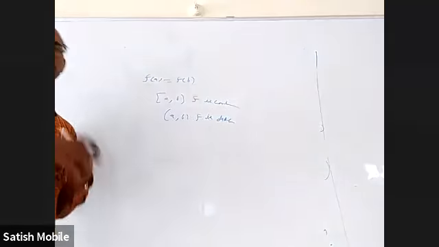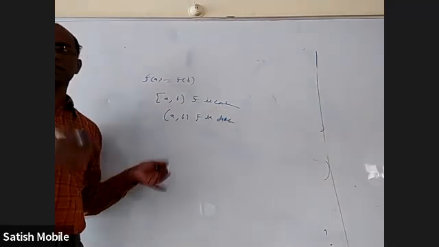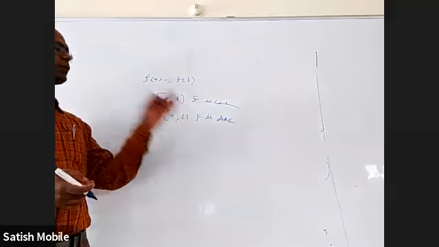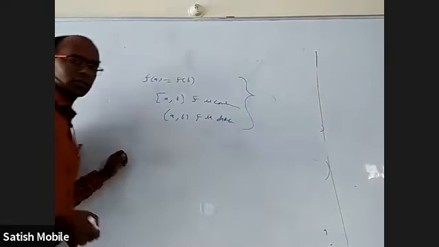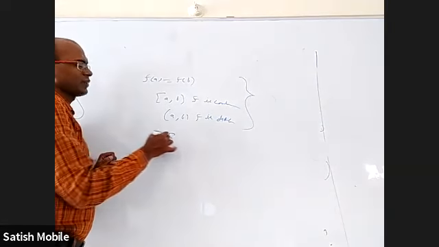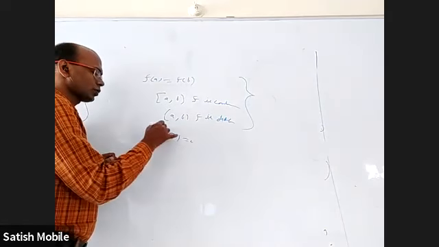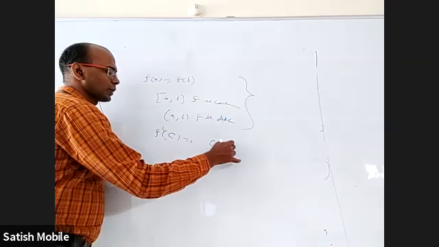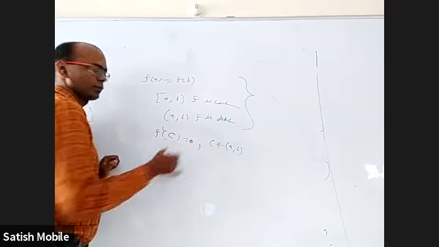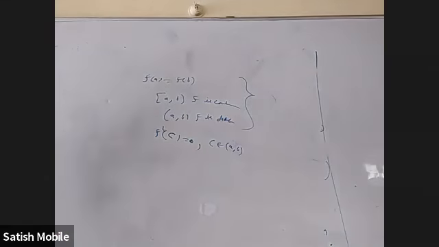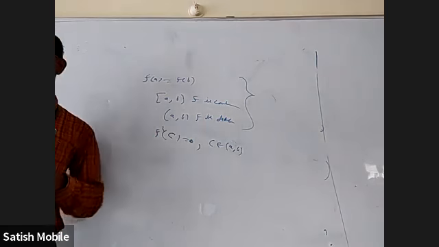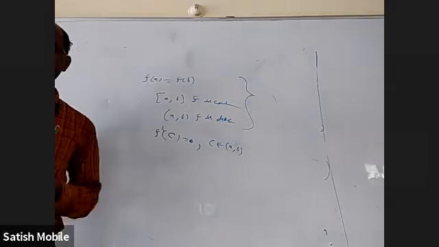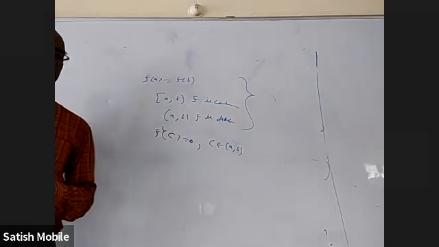At b, it is differentiable or not differentiable, doesn't matter. At a, it is differentiable or not differentiable, doesn't matter. But between a and b, everywhere it should be differentiable. If something satisfies these three conditions, definitely there will be a point c where f dash c is equal to 0 and c belongs to open interval a to b. Okay. Definitely there will be a point c between a and b where f dash c is 0. There can be more than one c, but there will be at least one c.